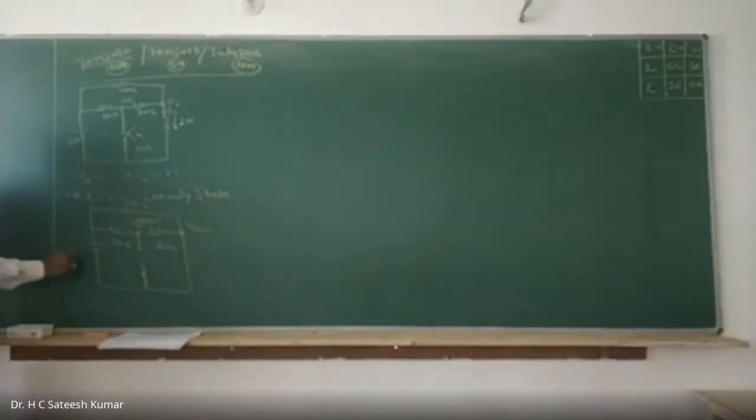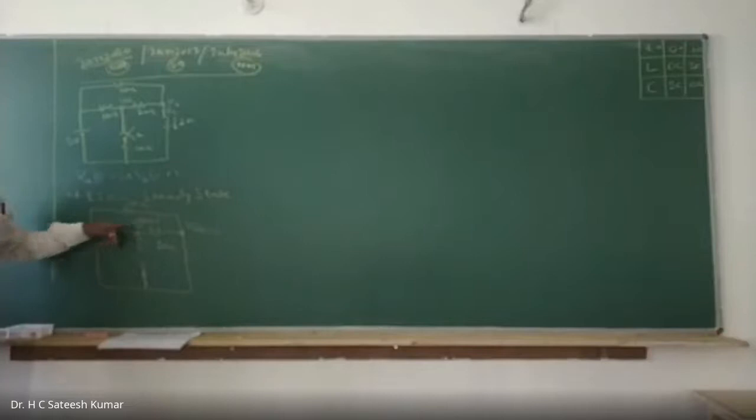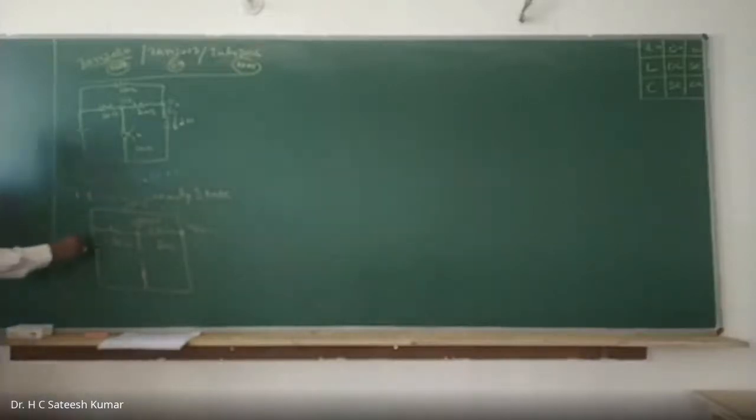Now this is 5 volts. Now you apply KVL and find out VA. How will you find out VA? VA at 0 minus, apply KVL and find out. So if you want to find out this voltage, you will have to find out that current. If you want to find out the current, we should find out the total current. What is the total current? Total current is equal to total voltage divided by total resistance. This is IT.